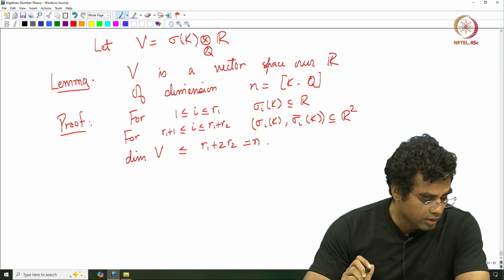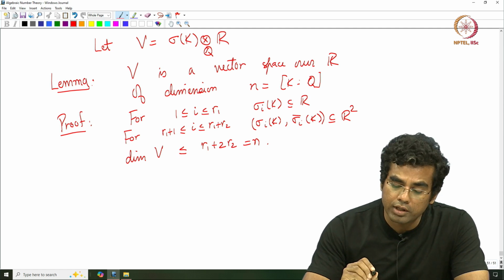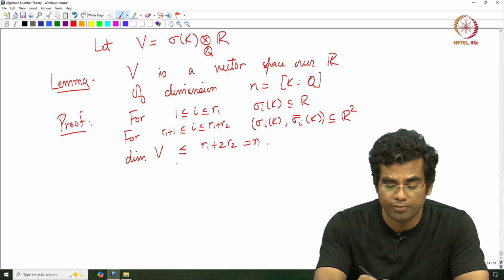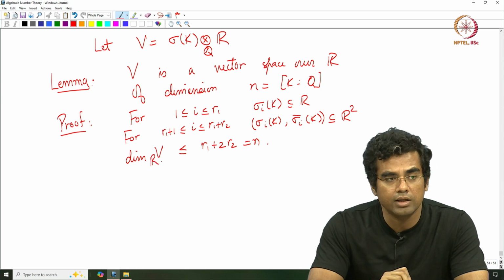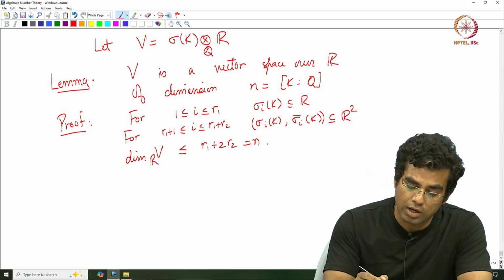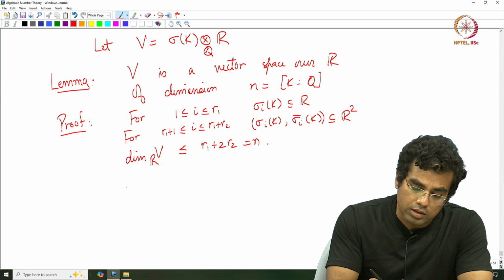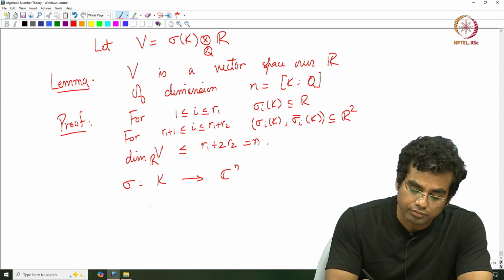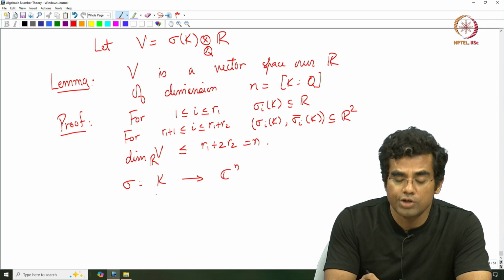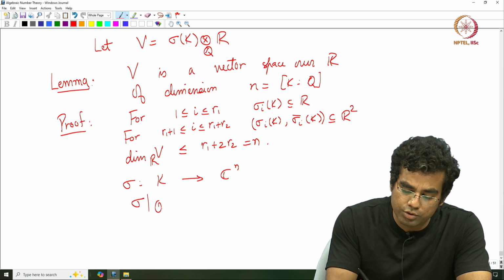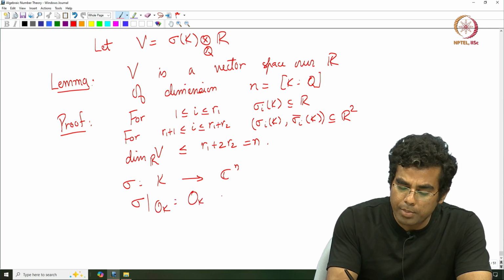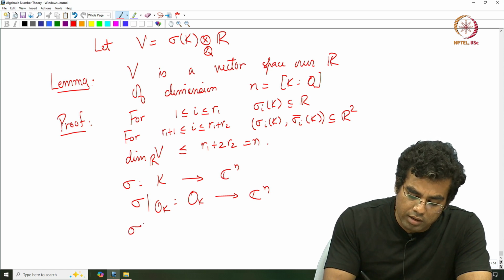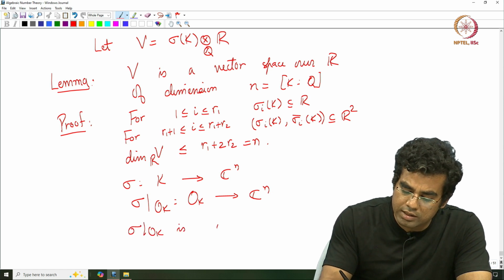All right. So, this is the inequality on one side. I want to also show that the dimension of V is greater than or equal to n. Okay. So, how do I do that? So, I have sigma from K to C to the n, right. This is an injective map. So, if I restrict this to OK, this is a map again into C to the n, and this is injective. So, sigma restricted to OK is injective,